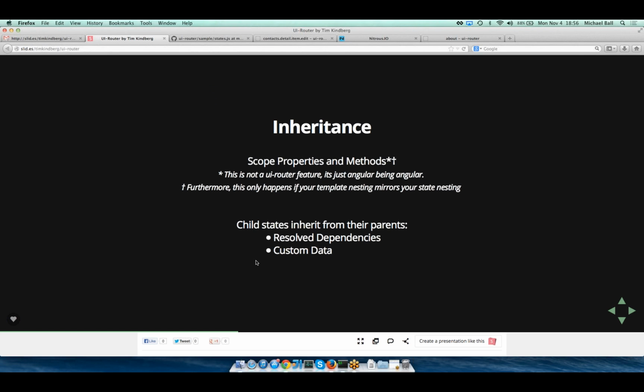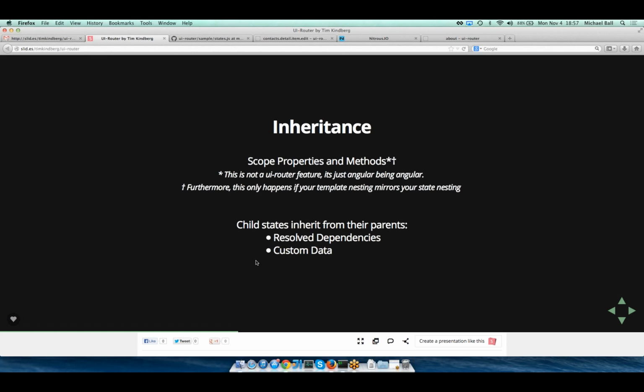That's actually a big cause for confusion. That's why I have both a star and a cross. And I have like 3 special sections in the guide. Okay, so, but things that are UI Router